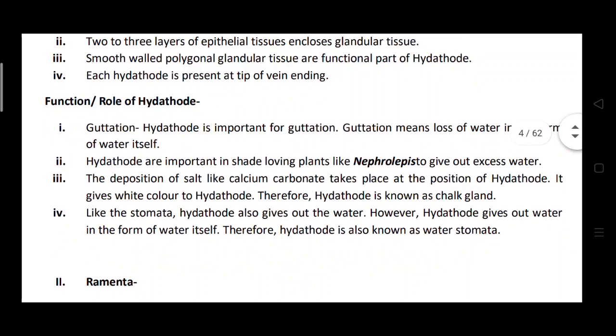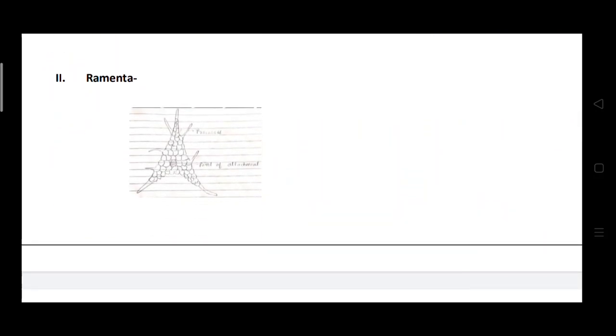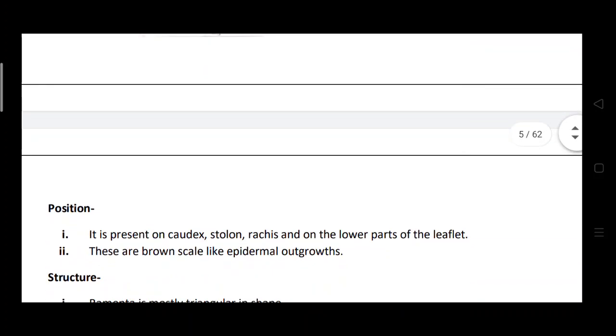At the point of the hydathode, the deposition of salt like calcium carbonate takes place. So they give the white color. That's why this hydathode is also called a chalk gland. Or sometimes they also give out water, like the stomata. So the hydathode is also known as the water stomata. Then the next structure we have discussed is the ramenta. Ramenta is a brown scale-like epidermal outgrowth, and it is present on the